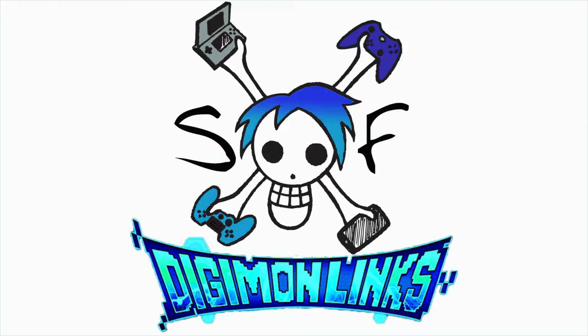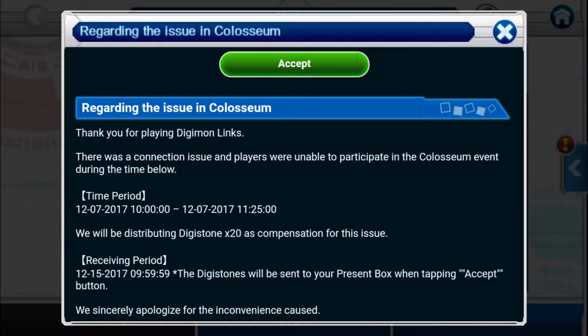Today, we're going over Colosseum, giving a little bit of know-how to you guys, because I actually have gone in and done some now. So, the first day and a half or so of Colosseum being released, it was bugged out, and they put out a notice for it, and rewarded everyone with 20 Digistones, so that's pretty cool. I love that they do that whenever there's a mess up or anything like that. And at least I know I wasn't full of crap as far as not being able to get into the